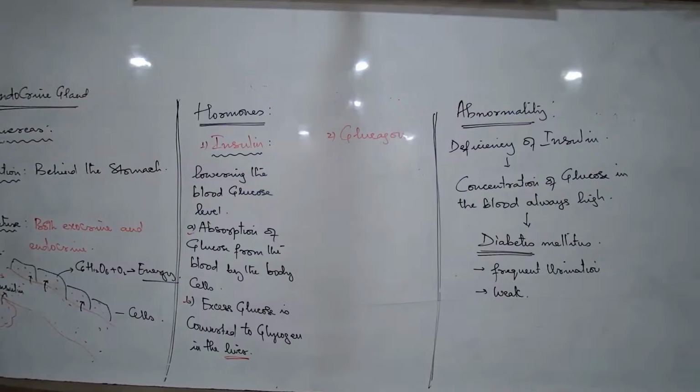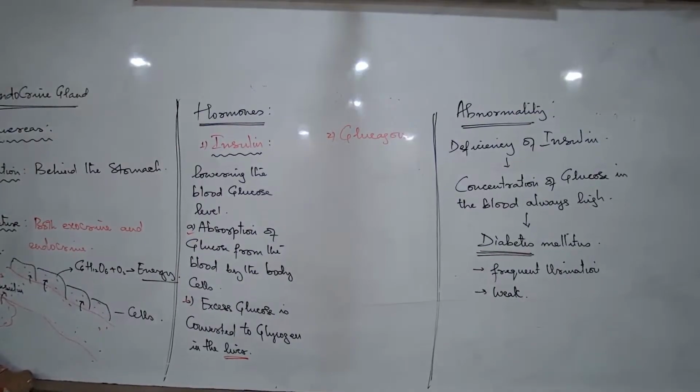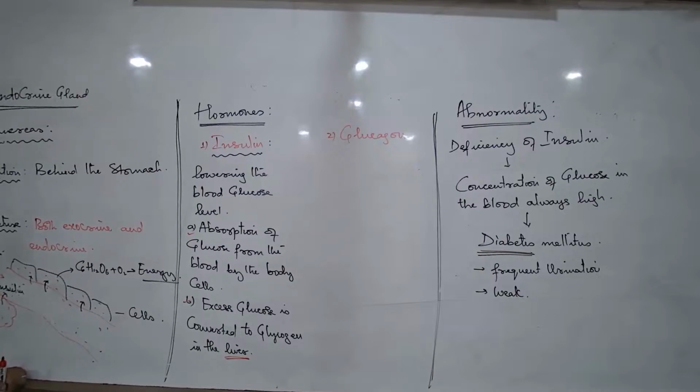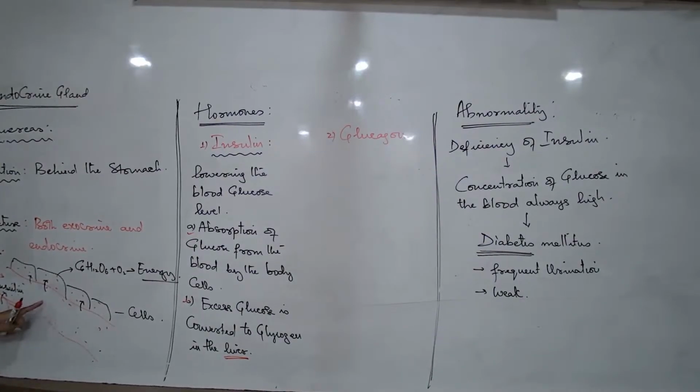Because the brain and the heart should get adequate supply of energy from the breakdown of glucose. So if the glucose supply to the cell and the energy supply to the muscles and the brain stops, it is even more dangerous. So how does our body constantly do the function of maintaining a regular glucose level?